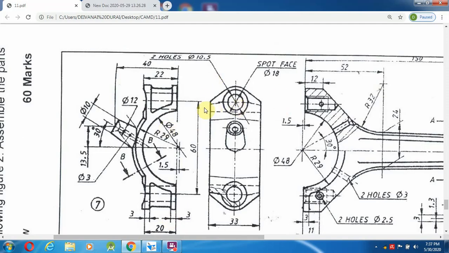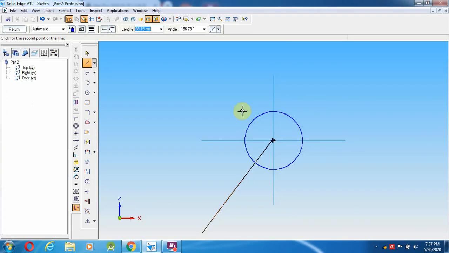So 30 plus 30 plus 9, 39. So you have to make the 39 distance, 39, angle 90 degree, 90 it has to be created over here.